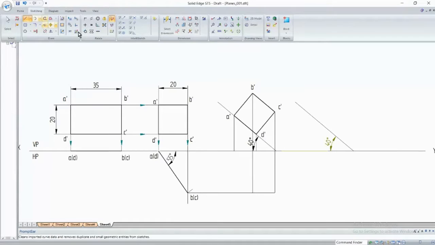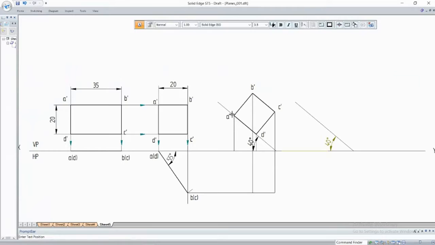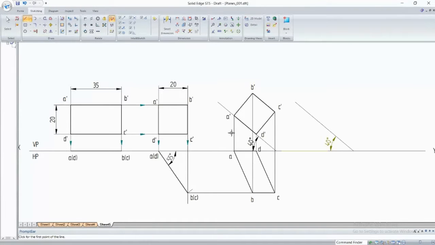After this, just give the namings. This is A, right? From this point and from this point, A will come, and this is your point A. Then this is B, then C is this, then this is D. After this, you join A, B, C, and D with a thick line. So A to B, then B to C, then C to D, and then to A. This is how you have to do it.